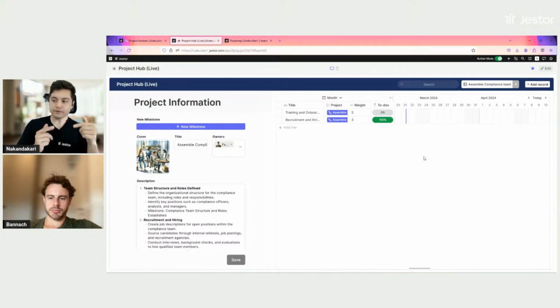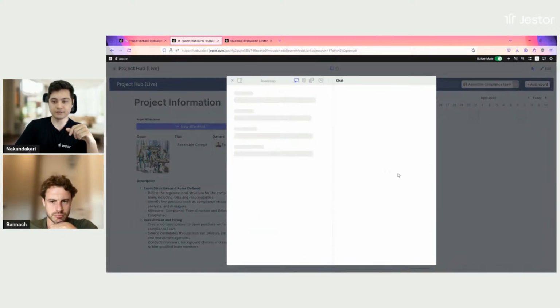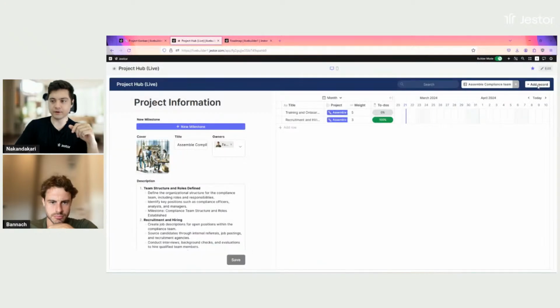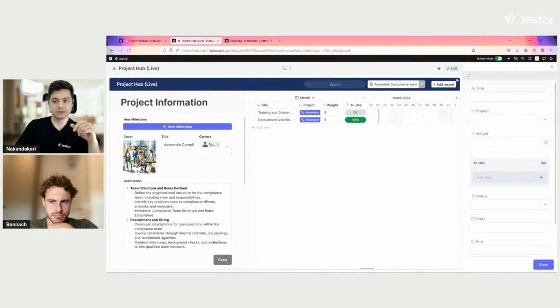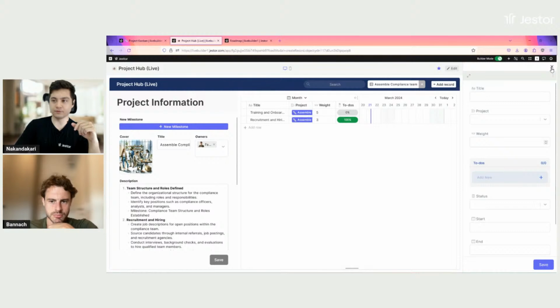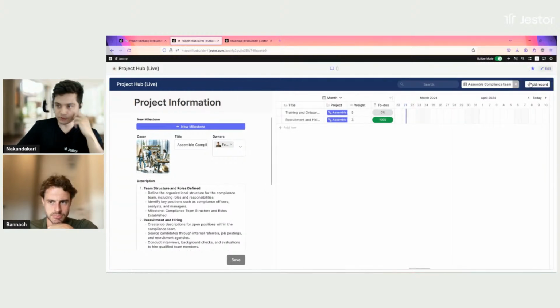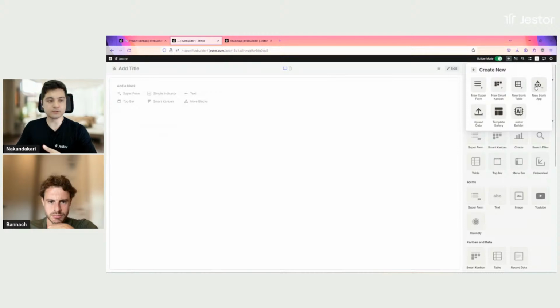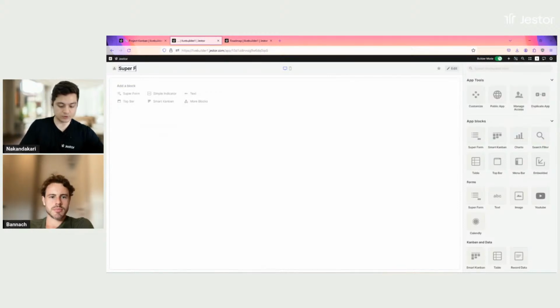So one final thing before we're done is that if you try to edit the milestones, it's pulling the standard panel. If I try to add a new milestone, it's getting the information from the standard panel. So what we have to do here is just create superforms for those as well, just as we did with the projects. So this is superforms